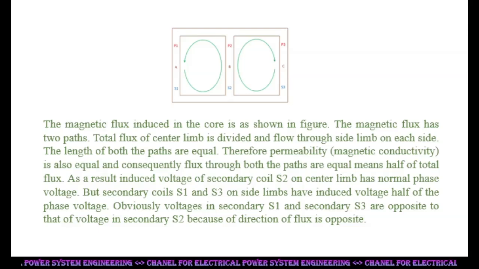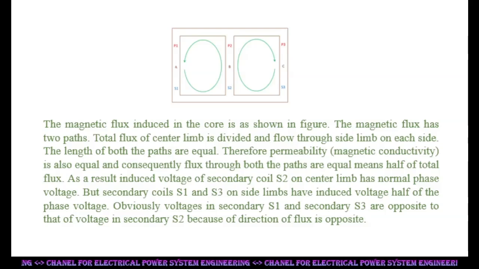Total flux of center limb is divided and flows through the side limb on each side. The length of both the paths are equal. Therefore, permeability, magnetic conductivity, is also equal and consequently flux through both the paths are equal,